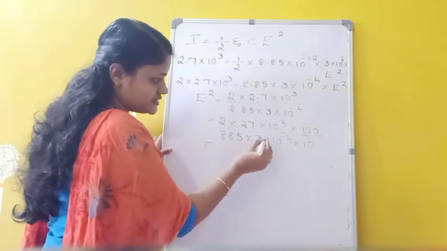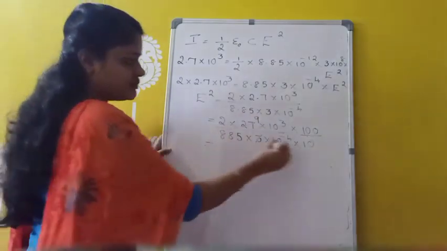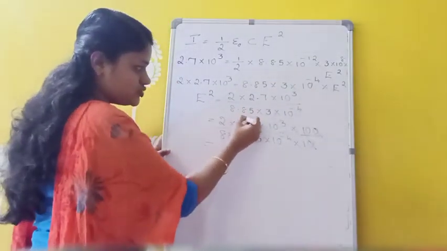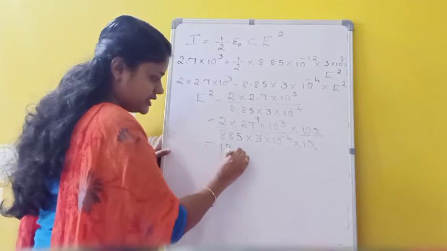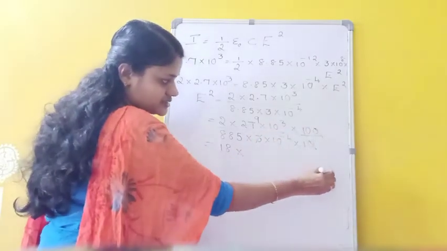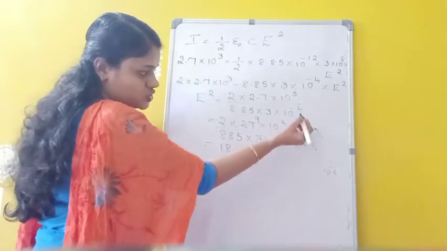So it is equivalent to this 3 and 27. 9 3s are 27. And the remaining 0 and 0 cancel. Remaining we have 2 into 9 is 18 into 10 cube, here 10, that means 10 raised to 4. This 10 raised to 4 in the numerator, and in the denominator we have 10 raised to minus 4. This comes in the numerator, it becomes 10